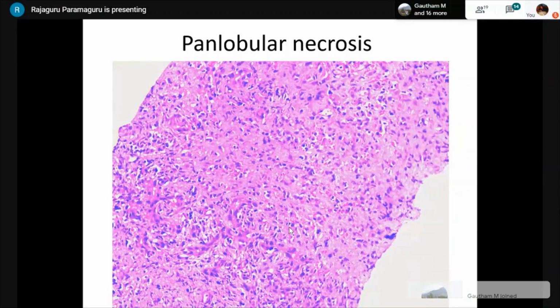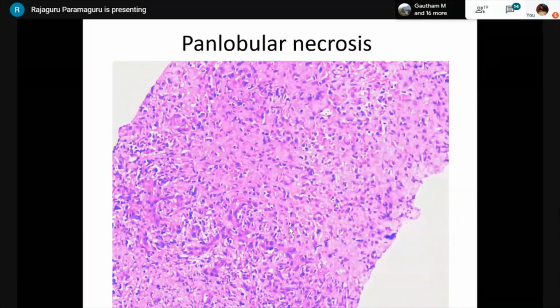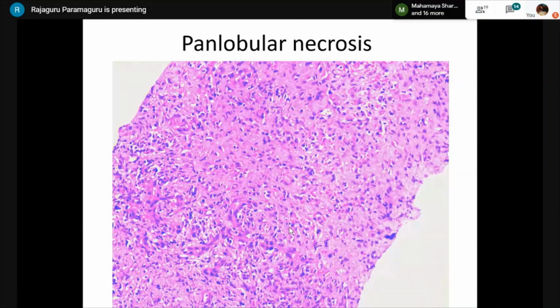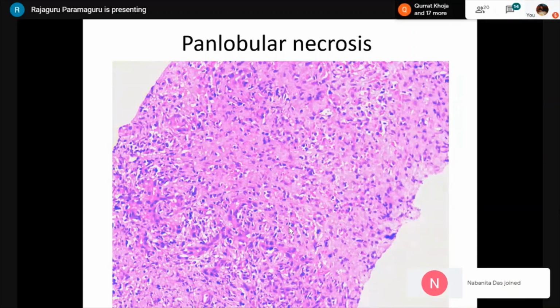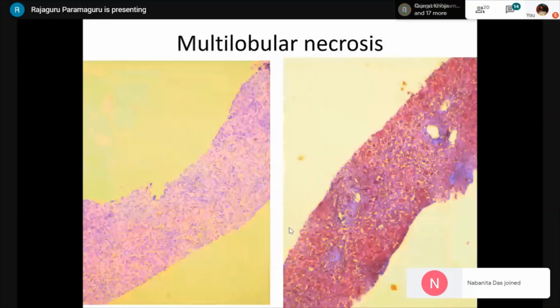And I should say that in a necrosis, it is always only one way. It will be centroportal bridging necrosis, or portocentral bridging necrosis. It is never a portoportal bridging necrosis. Portoportal fibrosis can happen, but it can never be a portoportal bridging necrosis. It will be portocentral bridging necrosis. So please be clear with that concept also.